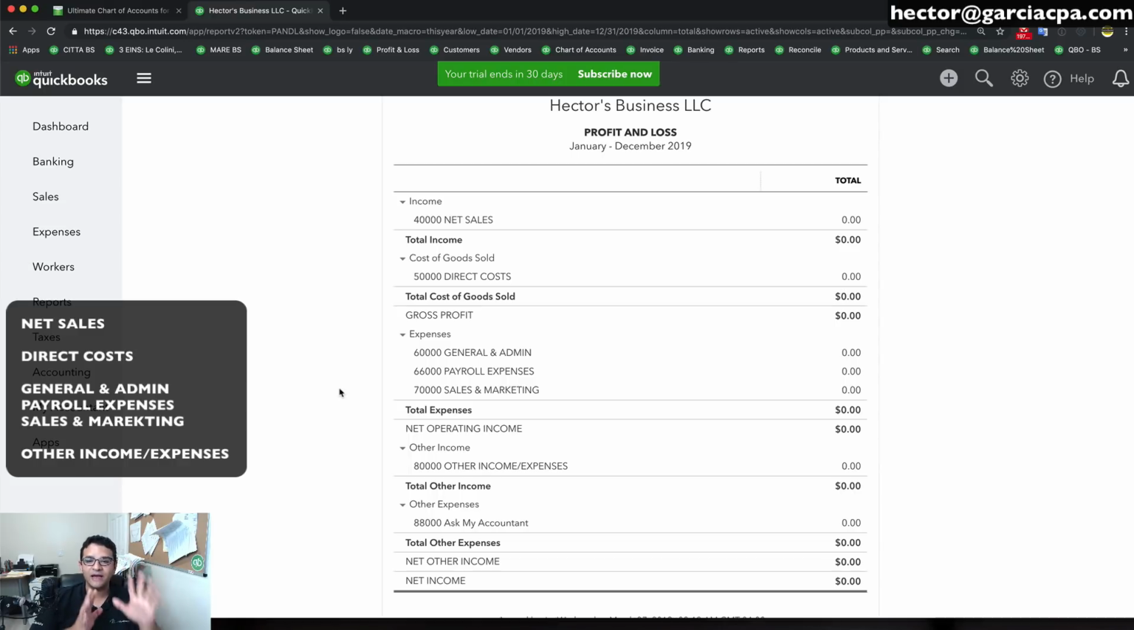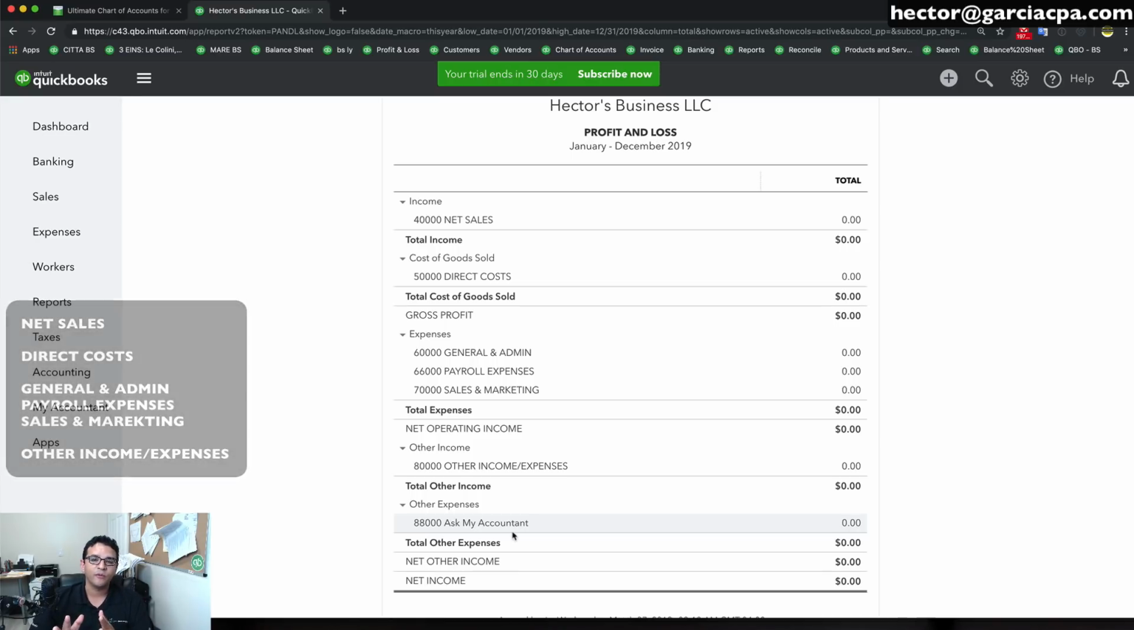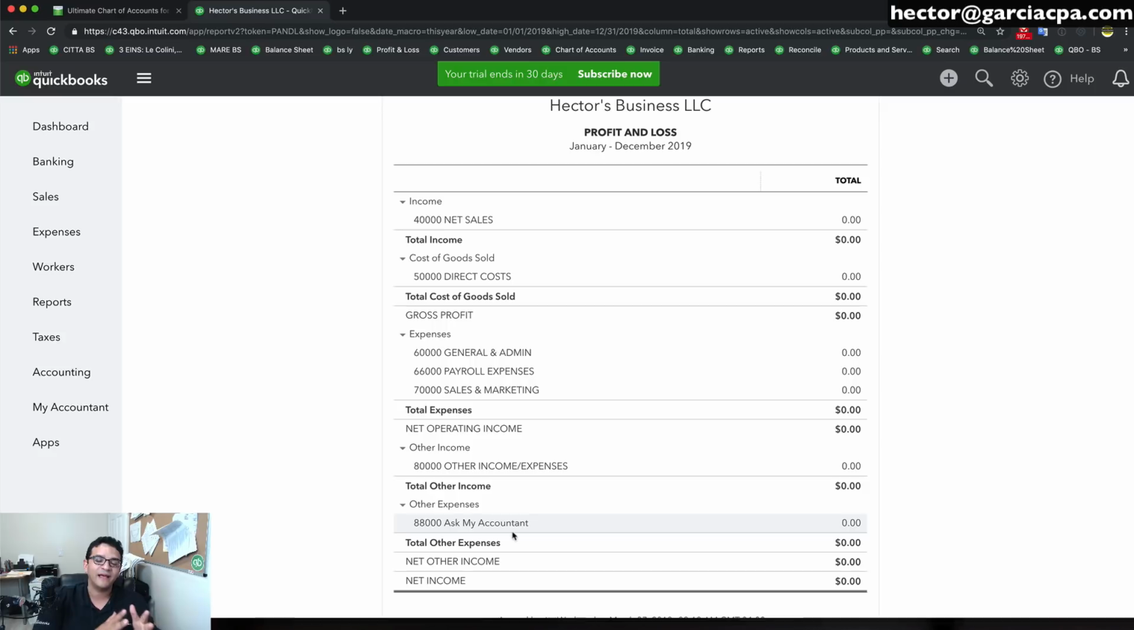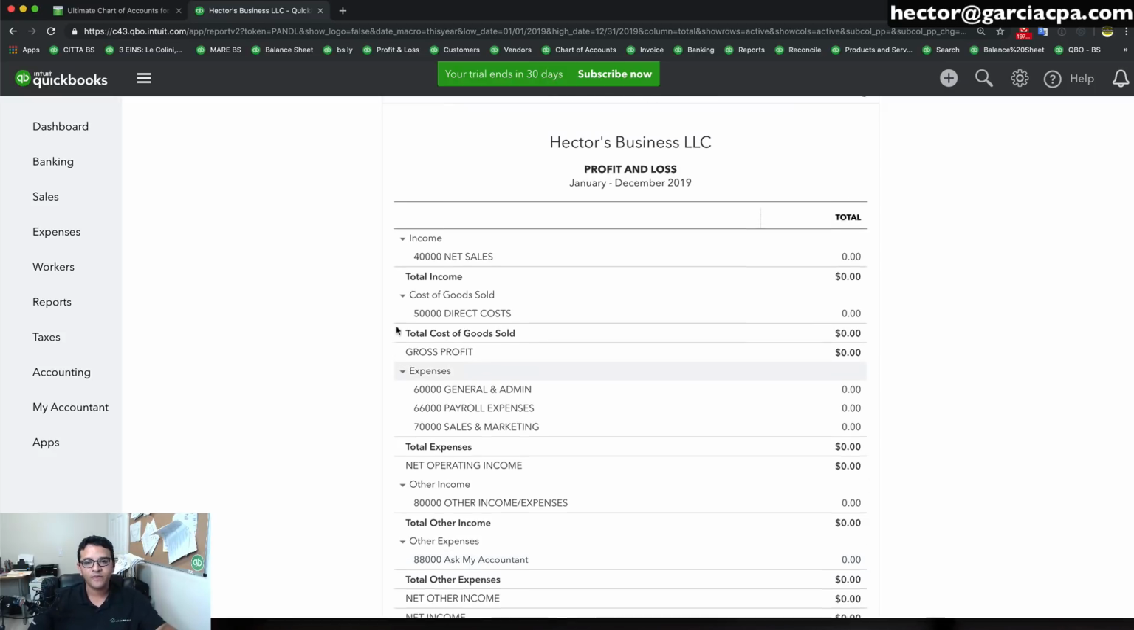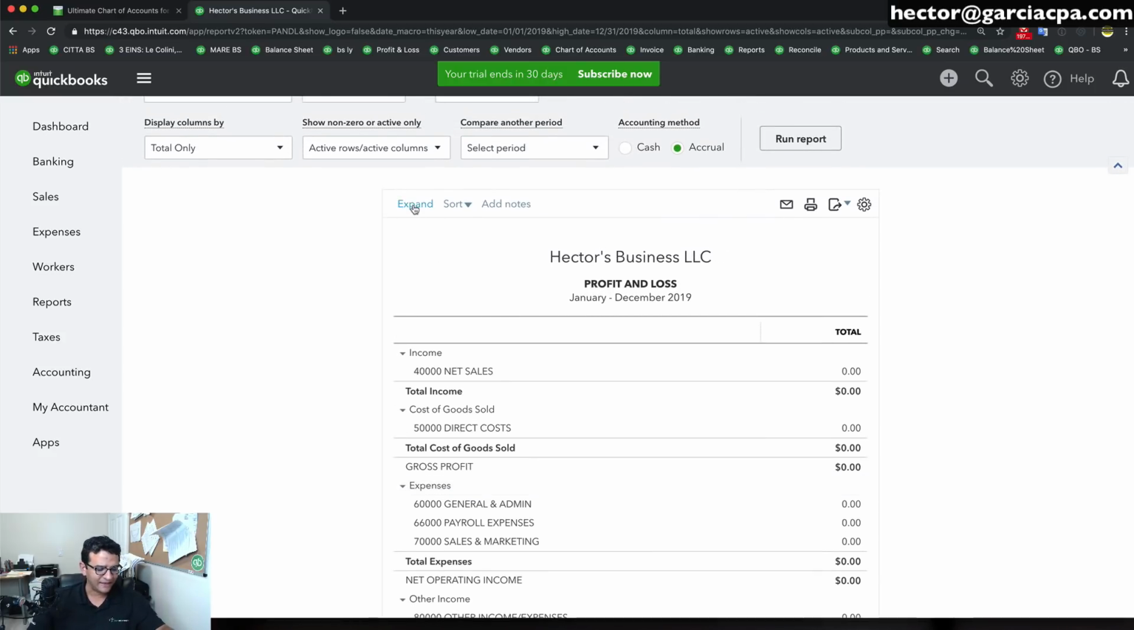5 major accounts. Onto the other income and other expense side, there's one major account here called other income / expenses, and I left Ask My Accountant as the only other expense account. I find this to be the cleanest, easiest way to look at your report in what we call the ultra condensed fashion. Now, if I scroll up and I click on expand,